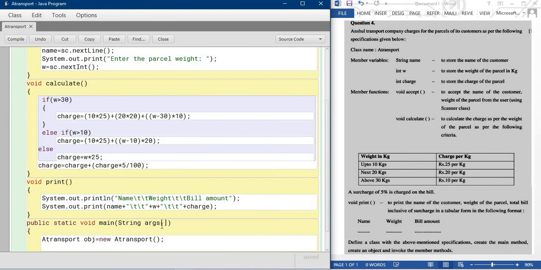Now it's time to call the methods one by one. First we need to call the input method, because without input it's not possible to do the calculation. So first the input method, which here is accept.